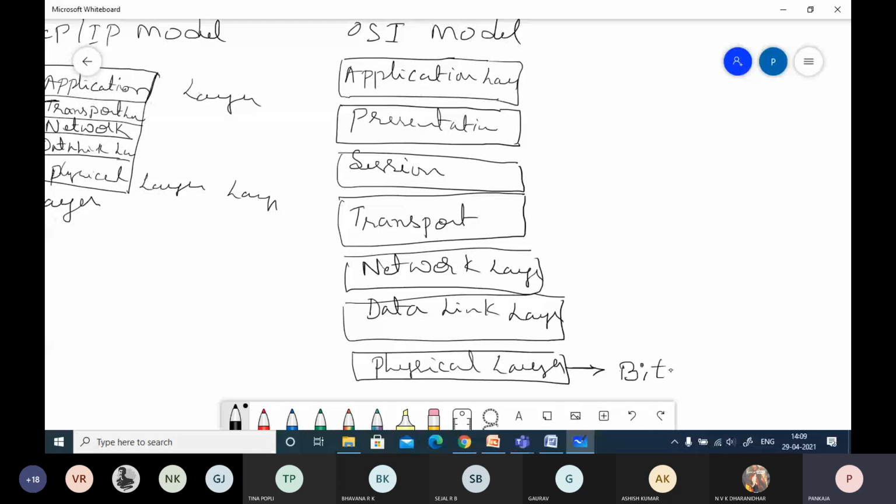Then at the data link layer, what is the answer? Packets? I have given a clue. Frames. Yes, very good. So the data represented at the data link layer is frames. Then at the network layer, packets. At the transport layer,